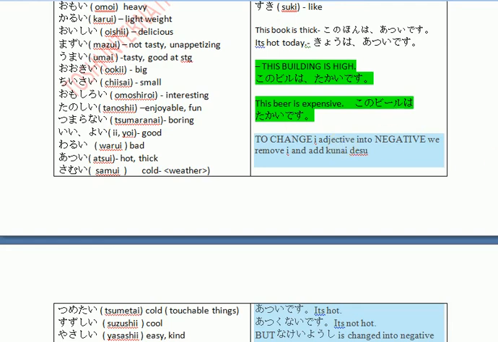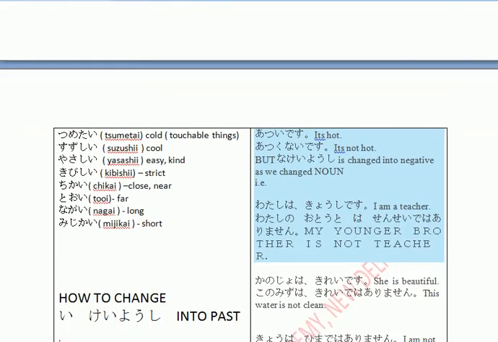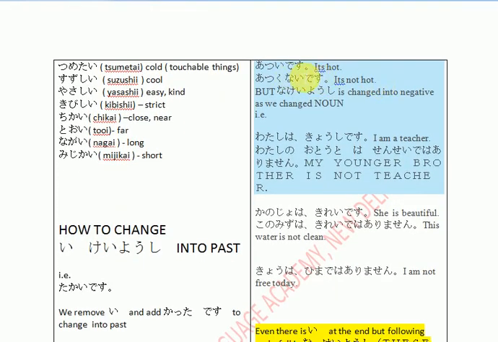Now we learn how to change い adjective into negative. To make negative, I have written all these things here. You can read and go through. 暑いです, it's hot. 暑くないです。So remove the い and add くないです, then it becomes negative. い adjective into negative sentence here, so not hot. 暑くないです。Like 高い, 高くないです。安い, so い adjective, so 安くないです。